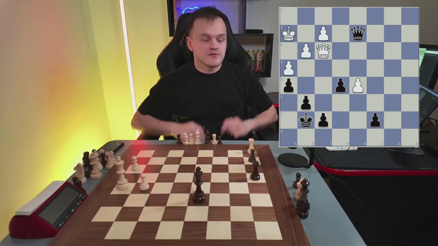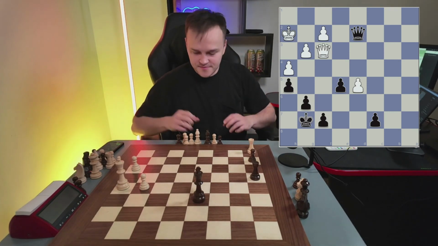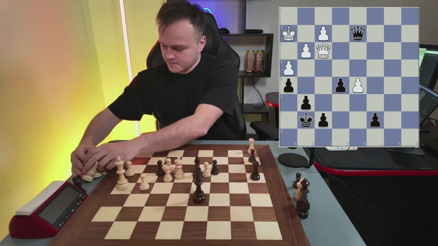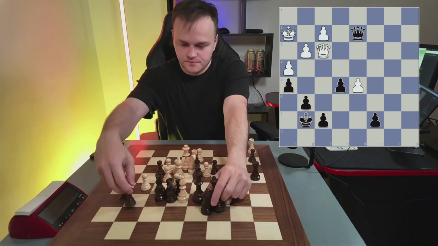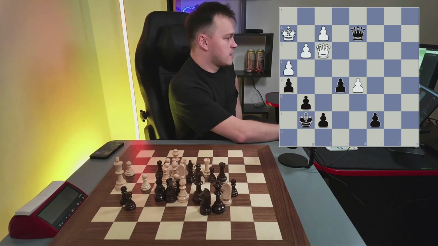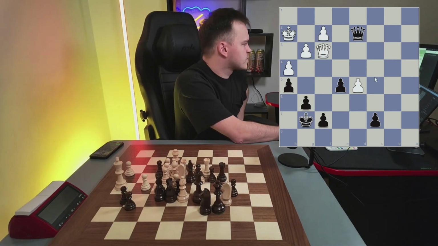So the last puzzle for today for you guys, black to move and win, 1 star. Yeah, so here I think it's quite obvious, just e4, yeah, e4, queen f2, king h1, just taking the pawn,